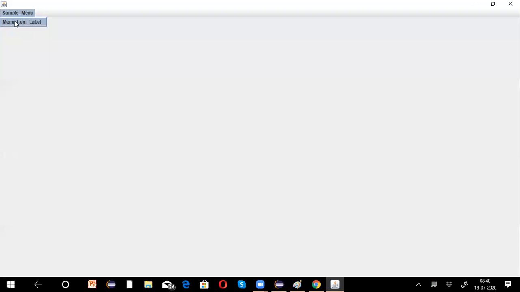Now you have to write events for this. For example, when I select this menu item label, what should happen? Let's say a new text area should open, so that I can type the content. So in this way, you can implement a simple text editor file. Okay, inside the file, you can use new, open, save, close. When you click on new, what should happen? A text area should come here. You should be able to type the text, and then if you click on save, it should be saved in the local disk. In this way, you can simply implement a sample editor.